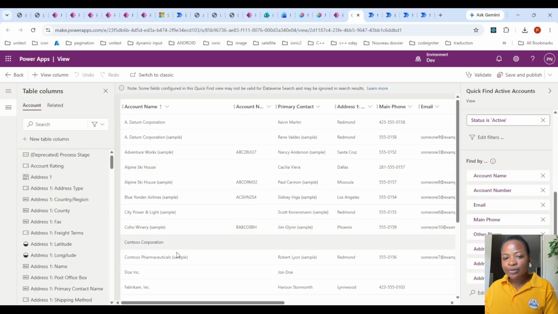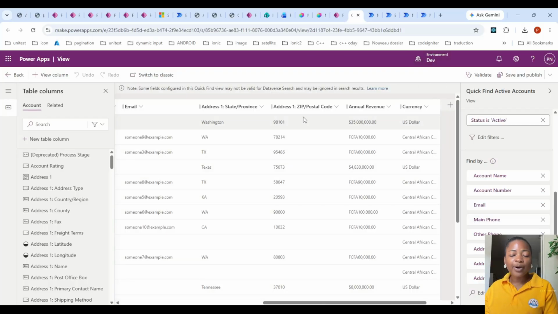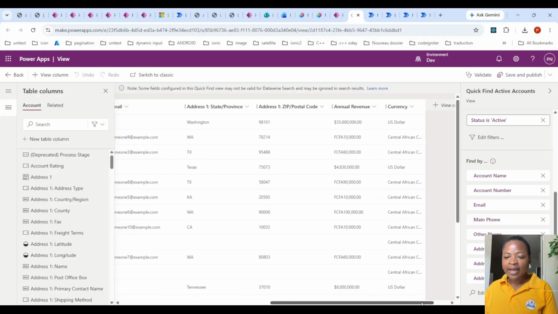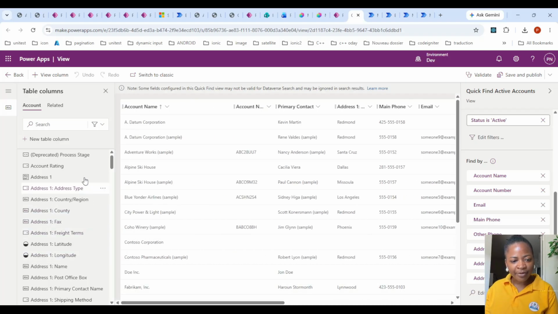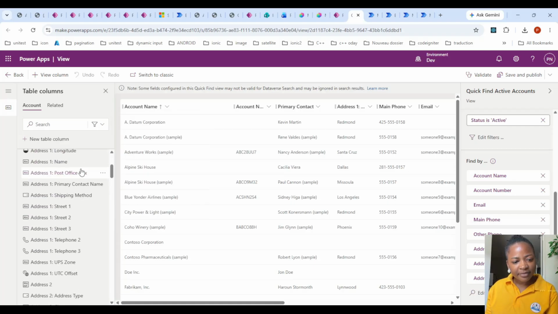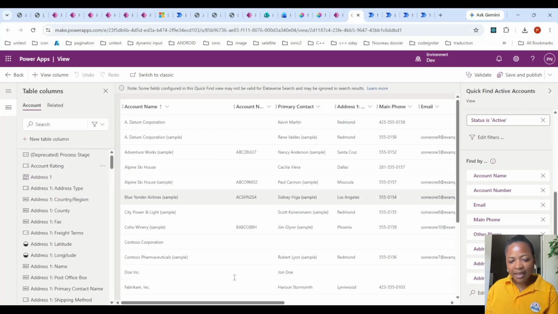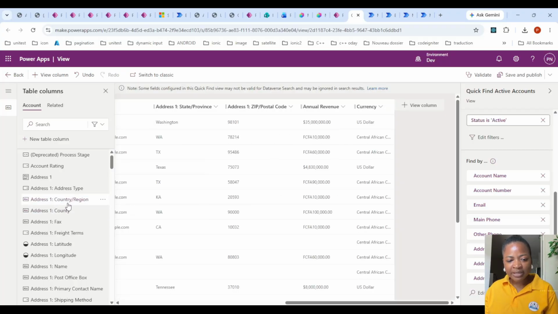What you need to do is add all the parameters that you need to have on the search. We want to make use of Dataverse MCP or just a simple knowledge of Dataverse. Like here we have the annual revenue. Let's add the account rating. I don't know if it has value. No, it doesn't have value. We want to put something that is relevant